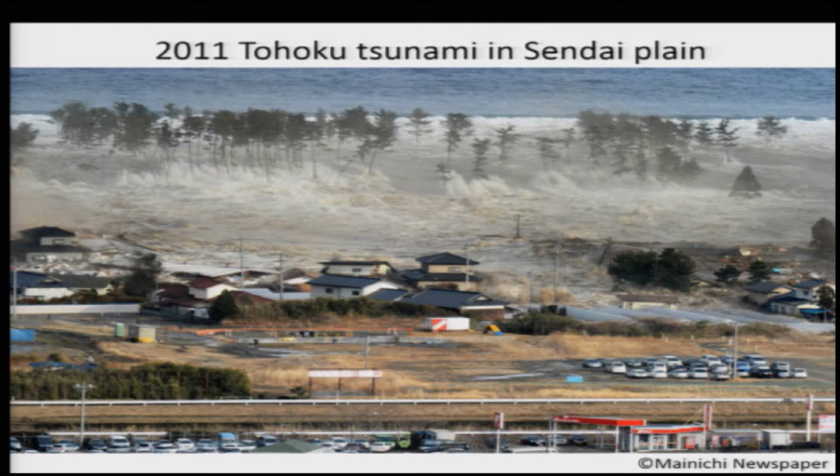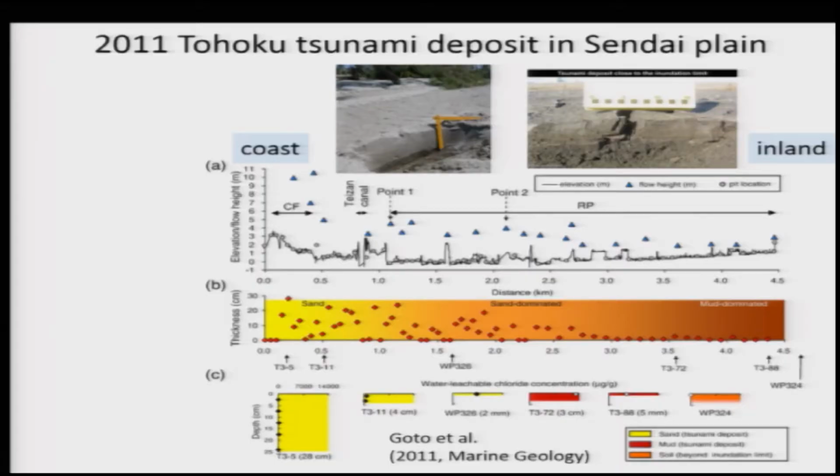But as I told in one of my lectures, the effect was much greater than was envisaged based on the 500 kilometer rupture, because of the submarine landslide. So new inputs came in during this survey, just after the 2011 Tohoku tsunami deposits, and what was found was that